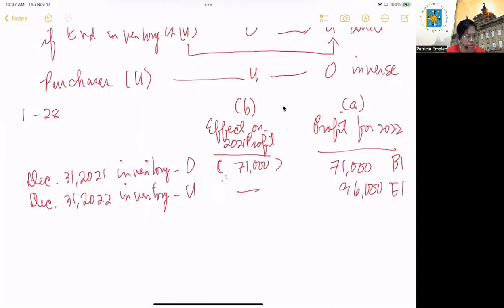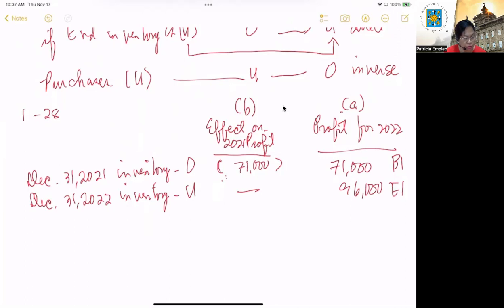So where did the error lie? The error lies in the recording of the goods that are sold FOB destination. For those goods that are sold FOB shipping point, the company is correct in recording that as sales of the year